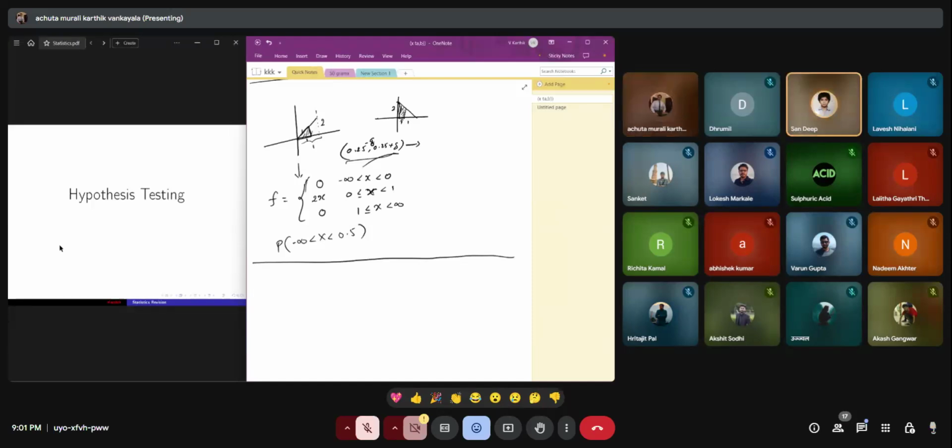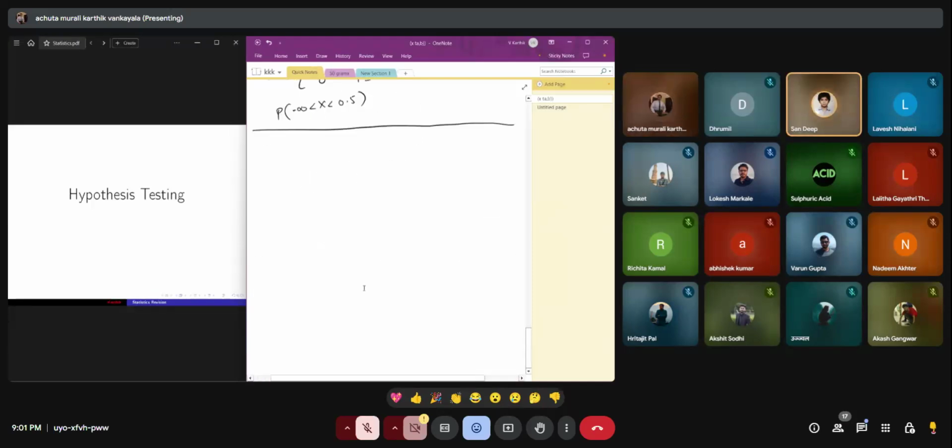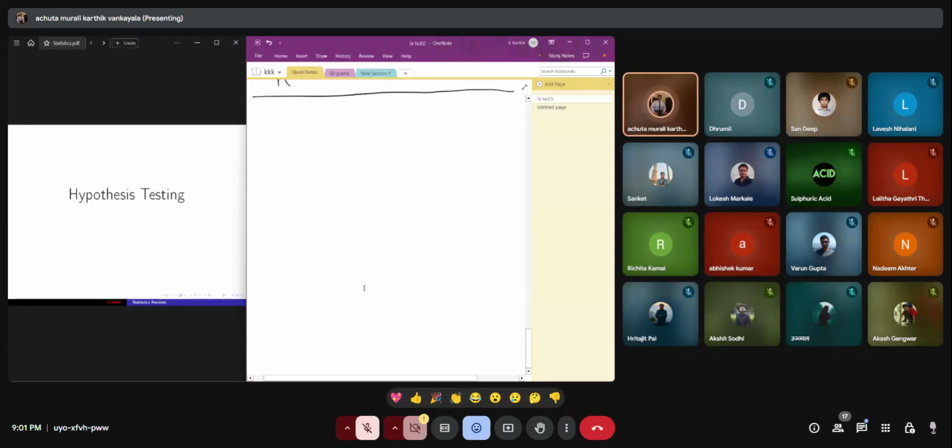Anyone has doubts? Sir, what is the difference between probability mass function and density function normally? Okay. So you have two kinds of random variables: discrete and continuous. What we call discrete are the random variables which can assume values that are finite or countably infinite, right? Suppose you toss a coin. What is the probability of a head occurring or a tail occurring? This is a random variable which can assume only two values, right?